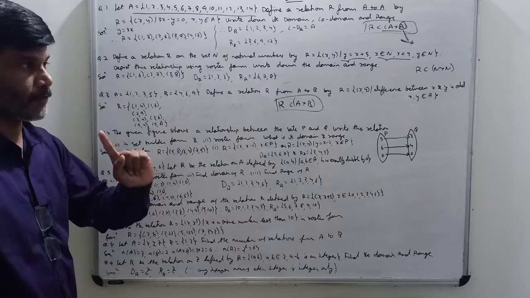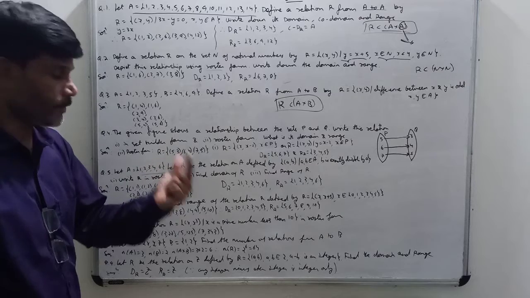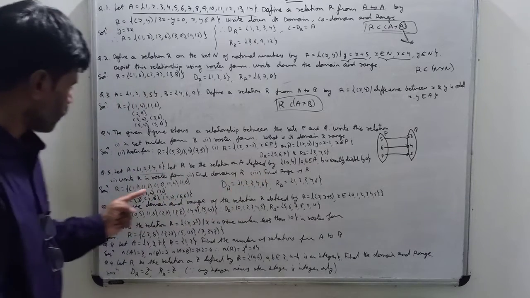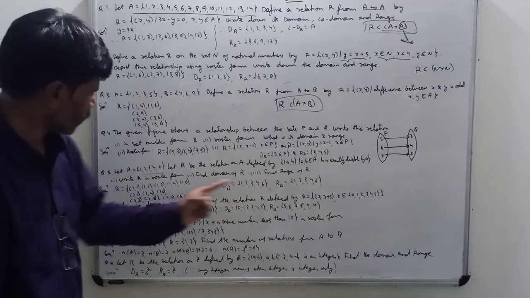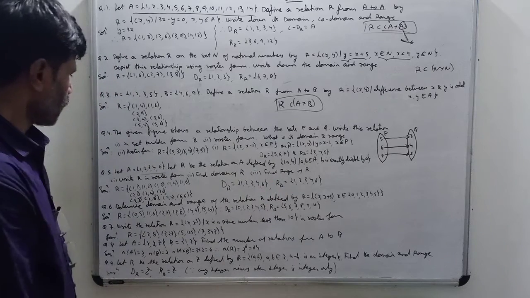(4,6) will also not come. Why? Because 6 is not exactly divisible by 4. Okay, 6 is not coming under the table of 4. So we are getting these elements. Now we want to find out the domain. So domain means the first elements: 1, 2, 3, 4, 6. Okay, what is the range? The second elements: 1, 2, 3, 4, 6. Okay, so that is also done.